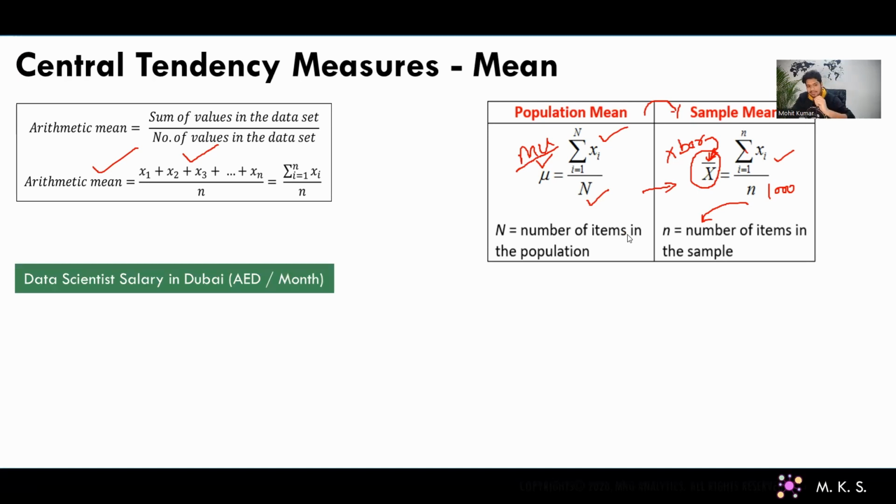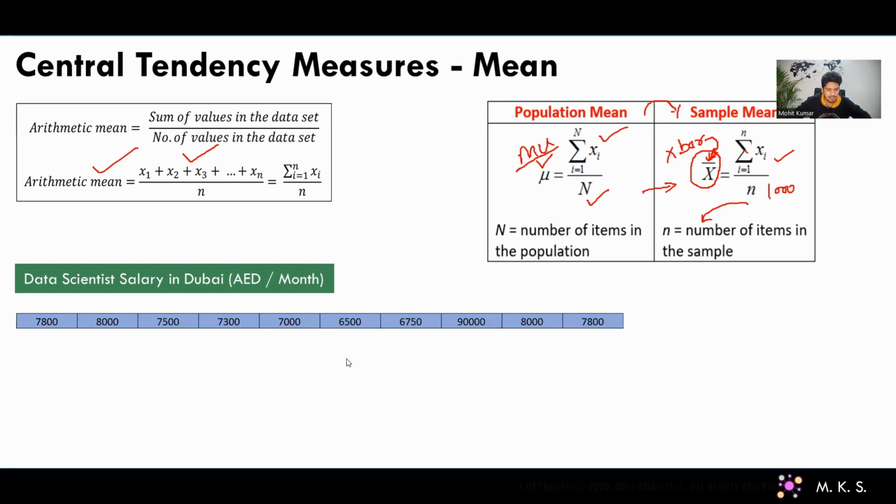Now I will give you an example which will show why we need another measure. Okay, so let's take an example. Let's say we have data scientist salaries of people living in Dubai in their dirham currency, right? So let's say we have 10 data scientists from Dubai and their salaries are like 7800 dirham, then 8000, 7500, 7300, and like that for 10 data scientists. Now, how do you calculate the mean? Let's say this is our sample. So what you need to do, you just sum all of these values and divide by 10, and you will get a final value. That final value will come as this